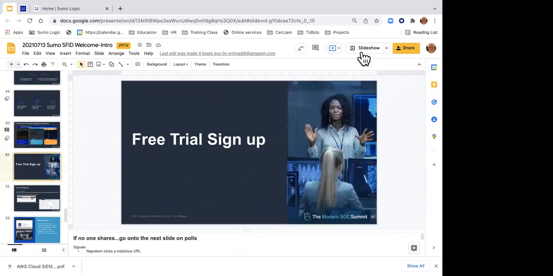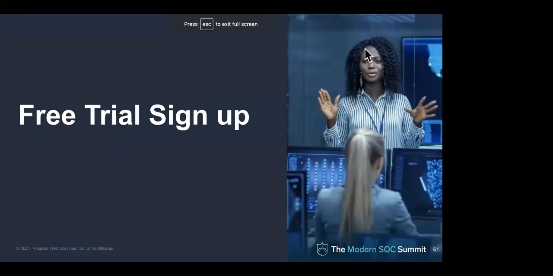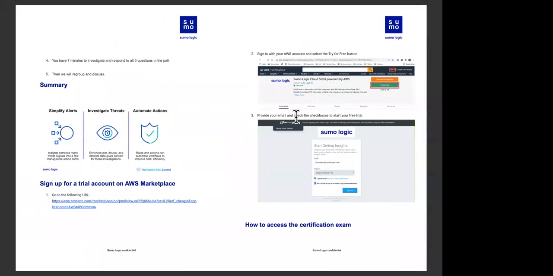First thing I want to make sure you guys are aware of, and by the way, earlier somebody asked me, do we need an AWS account? No, for this class you don't. But if you want to do a free trial sign up, you do. In the PDF document that I have provided, there is information about how to sign up for this on the AWS marketplace. We, Sumo Logic, are partners of AWS. In fact, not only are we partners, we're the ISV Partner of the Year last year. We received that award at reInvent.